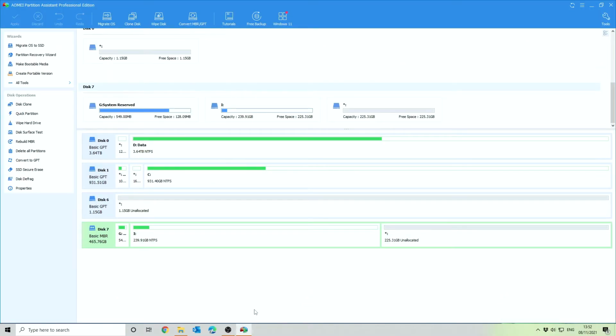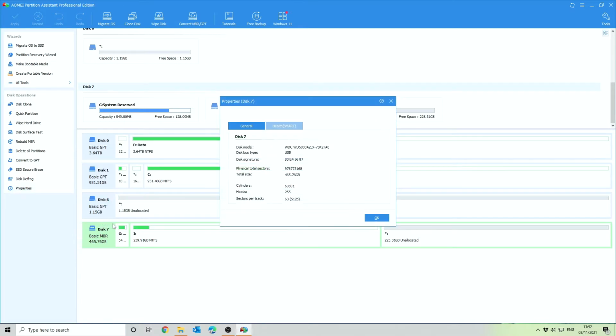Right, so now let's have a look at our disk health and how you can check the status of your drive. To do that, we're going to be using this drive here. We're going to select the drive, and you can either do a right click on the drive and select properties, or you can left click on the drive here and select properties from the left menu. So we're going to do a right click and select properties,